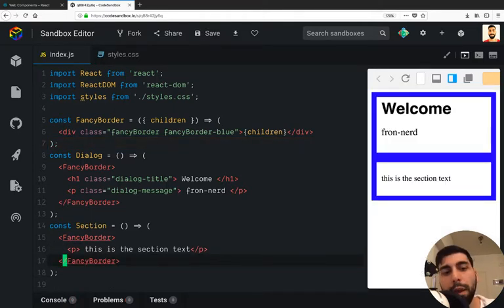So in this way, our fancy border doesn't know anything about the things that it's wrapping, as I said before. It just knows how to put a border on any children it receives. That's awesome, because we can create any component with a fancy border, and that's how composition works. But now we have a problem here, because if you check the browser, you have the same two components with the same colors,